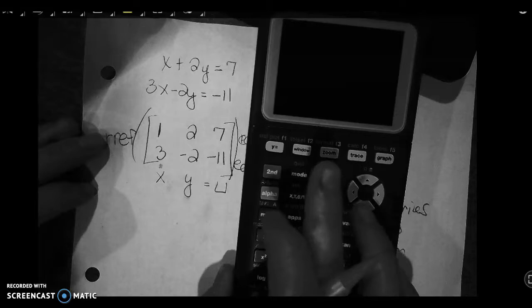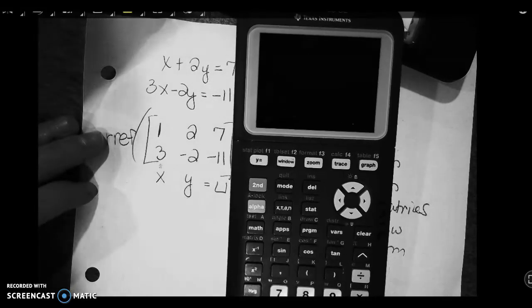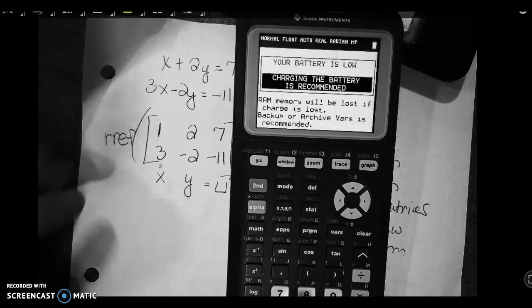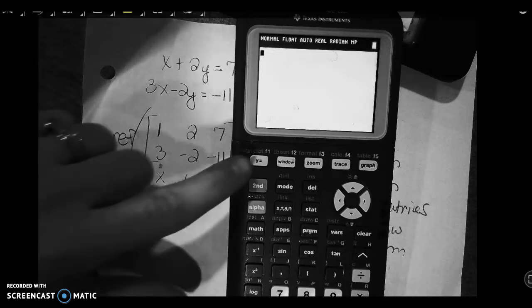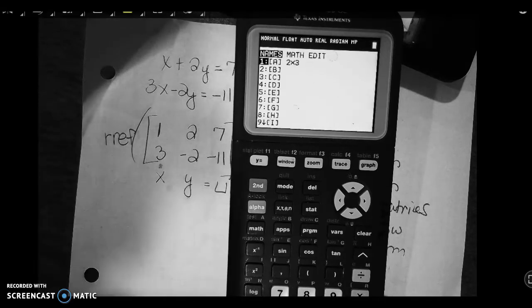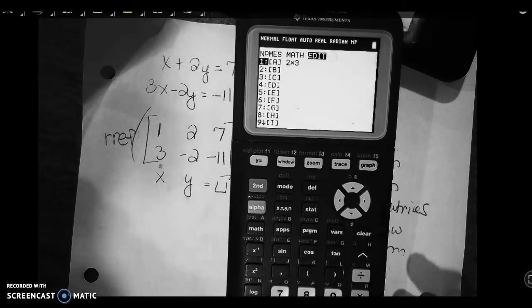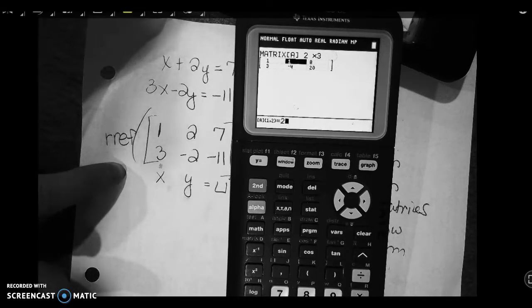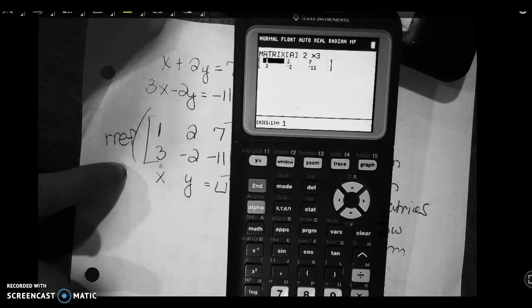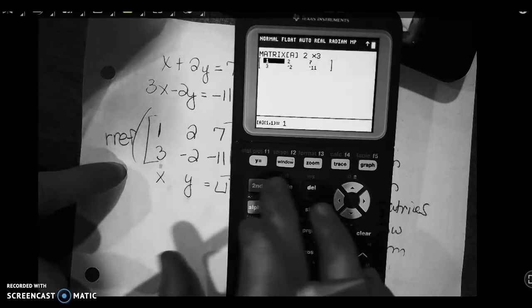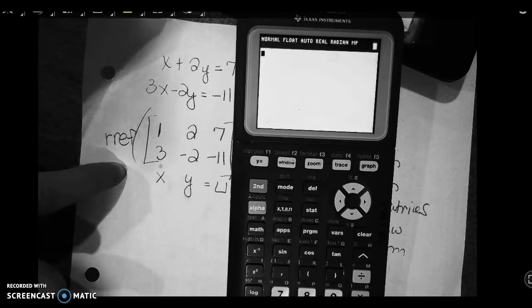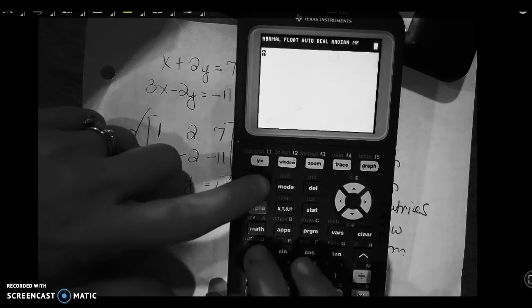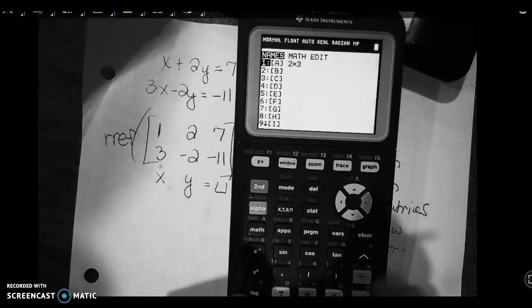And again, I'll try to find another video where you may be able to see a little bit better. So I'm going to hit second matrix, go over to edit, and I'm putting this in as one big matrix, so it's a 2 by 3. Then I'm simply going to type in this matrix that I have. Go back to your home screen, so second quit. Go back now to second matrix,